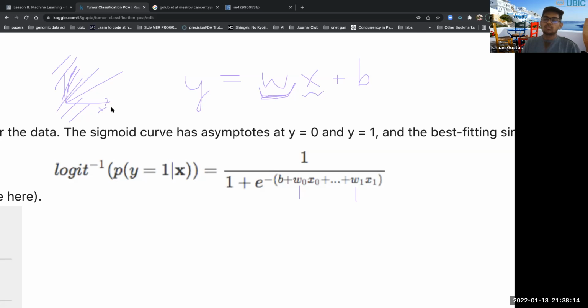Okay, we have just one feature, so we have just one parameter. And now we have a parameter for each feature, essentially. And this is actually the basis of neural networks too. We have a parameter for each feature, and then there's a bias, right? And it's going to try to fit the equation, which means it's going to try to find the W's and the B's, which best describe the